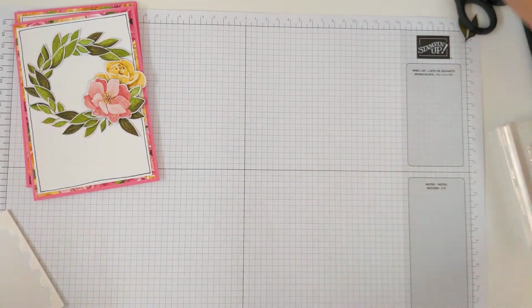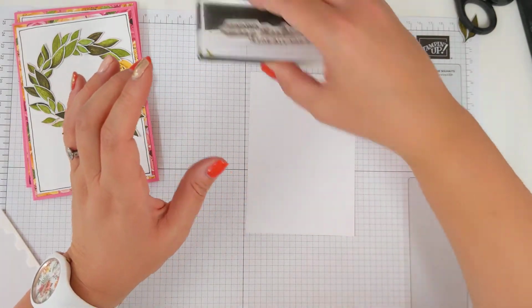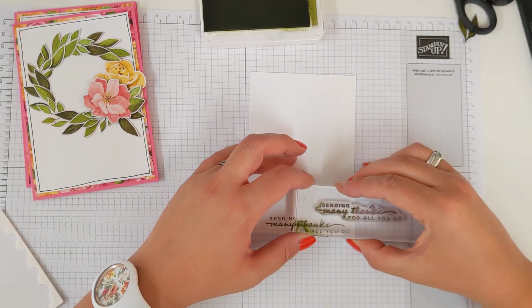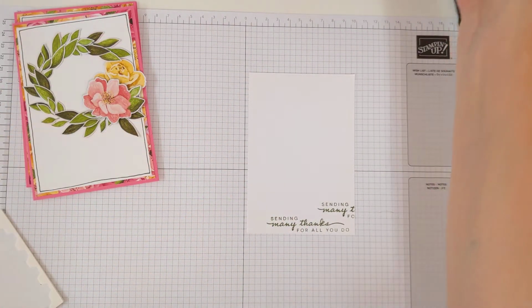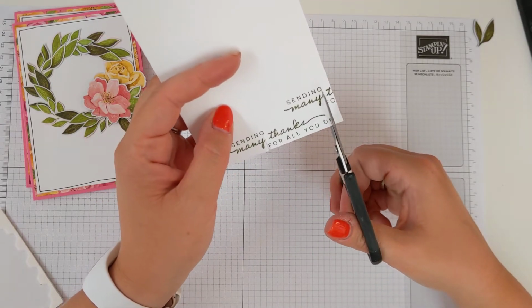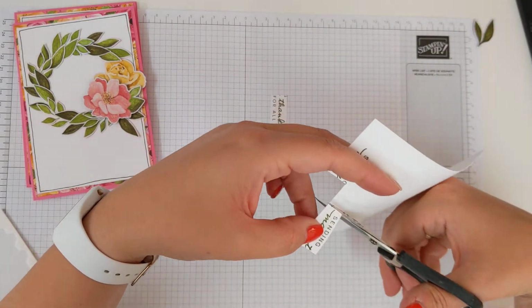and then using an old olive ink pad, I've got a piece of scrap white here, and I'm going to stamp this like so. I'm actually going to stamp it twice because of the way the stamp is designed, it's quite tricky to cut it out when you've only stamped it the once. So the first thing I'm going to do down here is I'm going to cut out this thanks, and then on the second one I'm going to trim off the word sending,